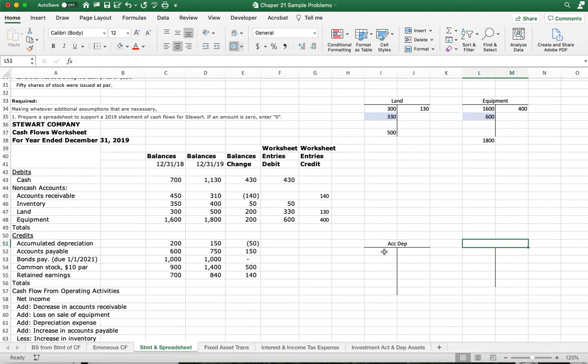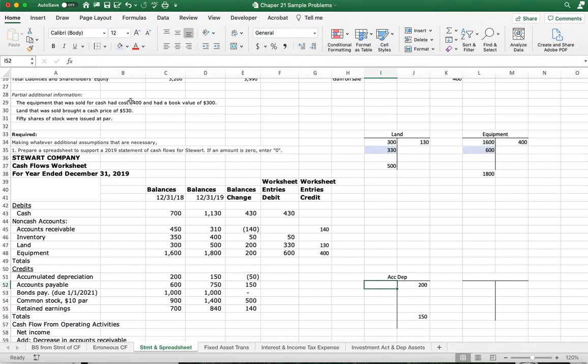So our accumulated depreciation had a beginning balance of 200, an ending balance of 150, and then we also know that when we sold this equipment, it had a cost of 400 and a book value of 300, which means that we can subtract 400 minus 300 to get 100, being what we debited out of accumulated depreciation when we sold that equipment. And so we can pull that debit